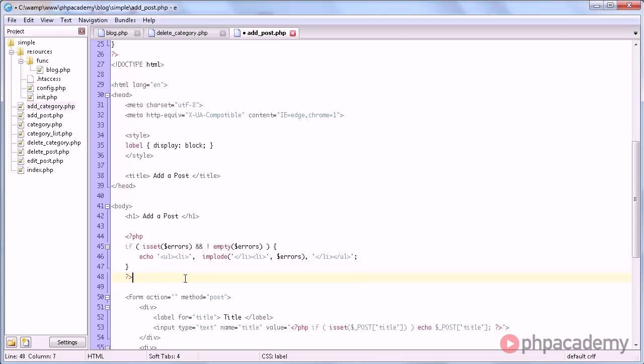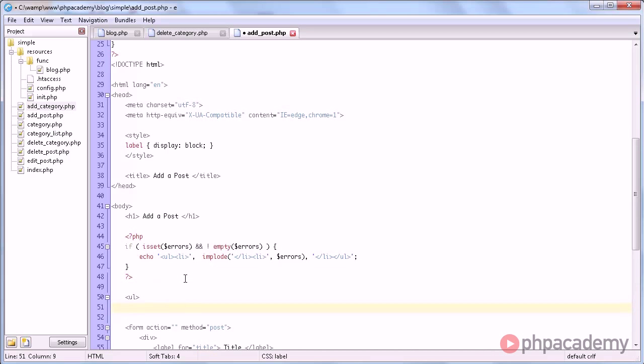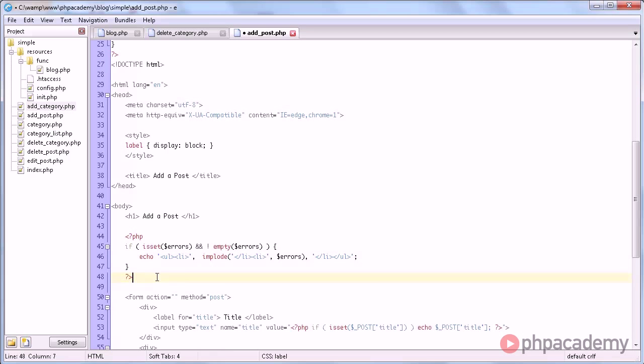What this does is it outputs an unordered list with a list item, and then for every single element in the errors array, it outputs the error, closes it off, starts a new one, outputs another error, and so on until there are no more errors where it displays this last end list and ul tags. So I'll show you that this works in the next part, so see you there.